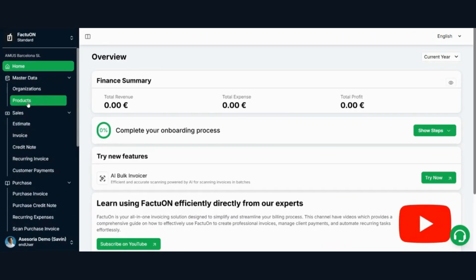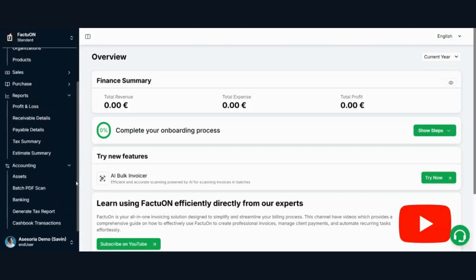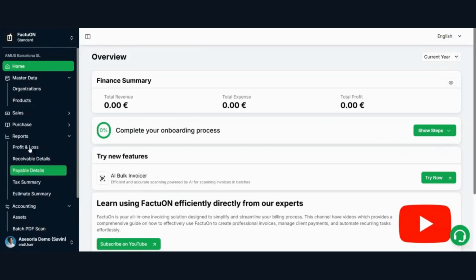Now you are able to see your company's invoicing reports. Okay, including sales invoicing, purchase invoicing, organization, product, or you can see here any kind of report: profit and loss, payable, tax estimate, any kind of report you can see here. You can generate accounting details here. Okay, and you can create your assets, and you can add bank details. So these are the basic things you get from here. Okay, so that's it about the accounting panel.